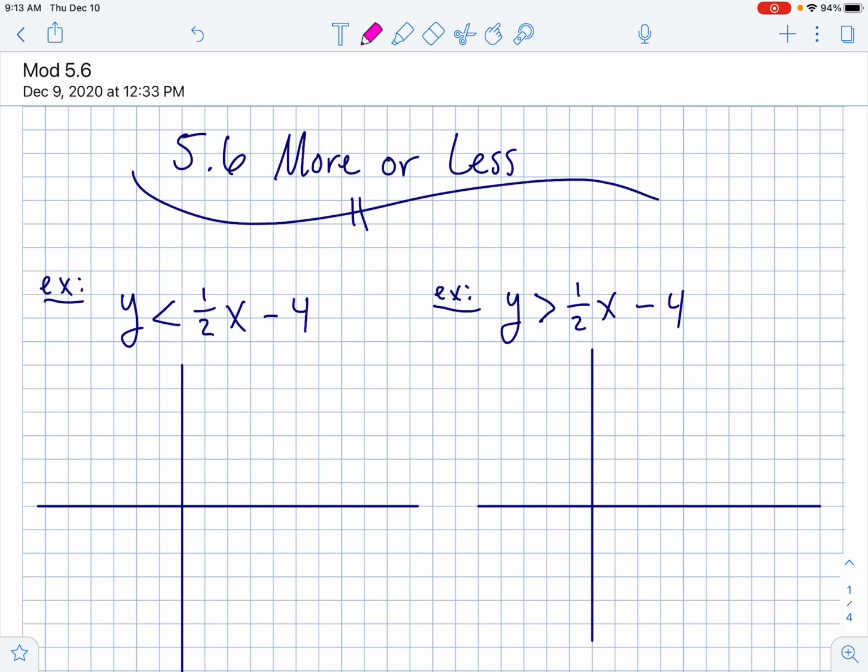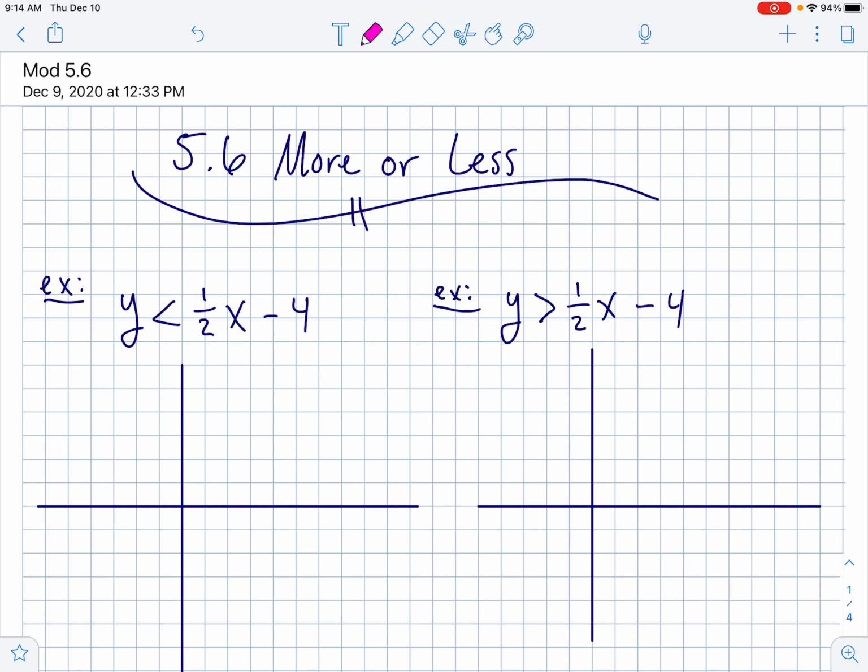All right, AGS1. Today we are talking about 5.6, more or less. So today we're not talking about Carlos and Clarita. We're talking just about straight inequalities and how to graph them, and how to graph multiple inequalities on the same graph. Before we get to multiple inequalities on the same graph, I thought I'd start with a few example problems